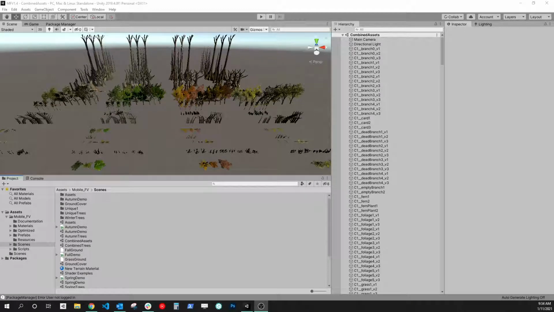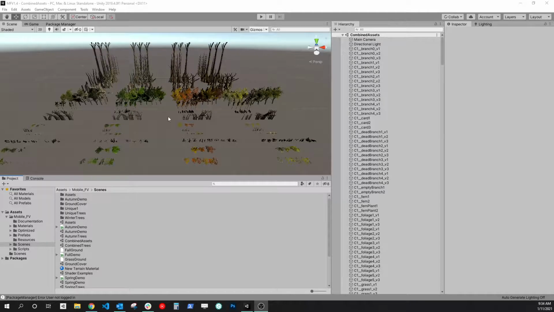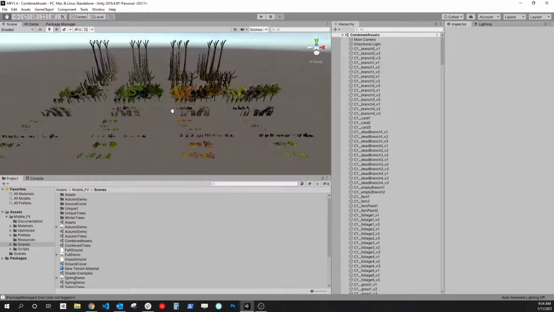Hello everyone. Today's video is going to be a quick overview on the latest update for mobile forest vision. As you can see here, this is the combined scene, and what combined means is basically that with the previous versions of mobile forest vision, there was one texture that gave you three different versions, and they were all broken down